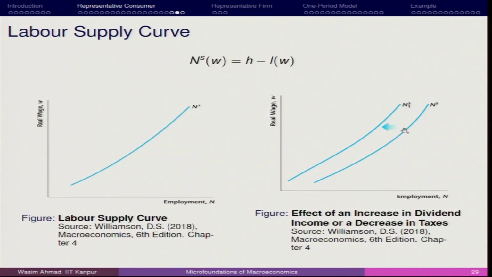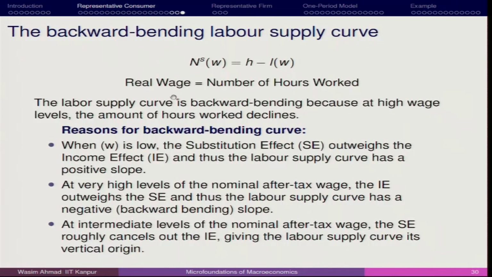So when you have the increase in profit or the dividend or decrease in taxes, then you have the leftward shift, and rightward shift when it is just working against. So those things we have to keep in mind. Now